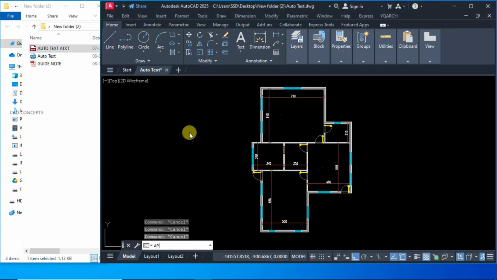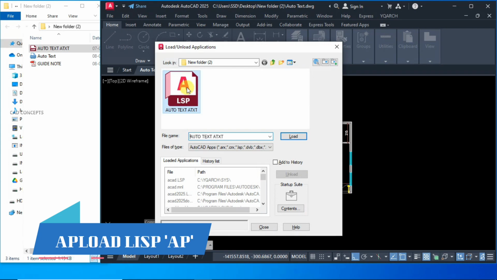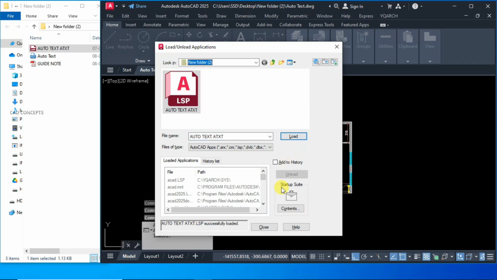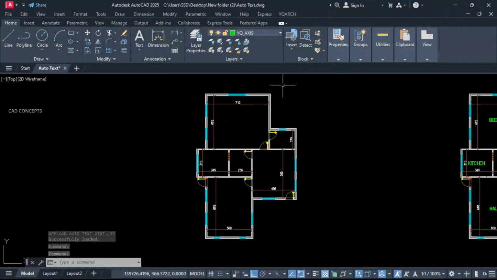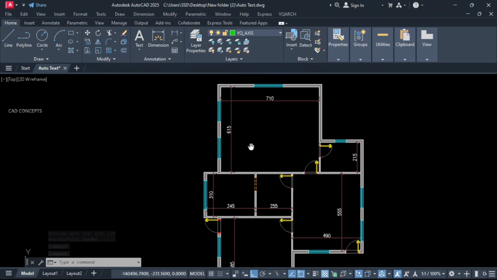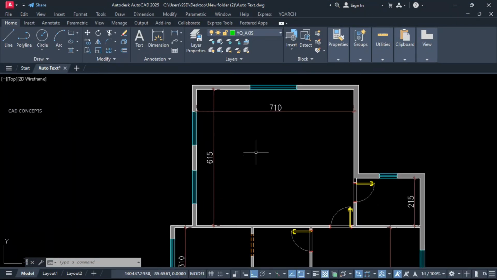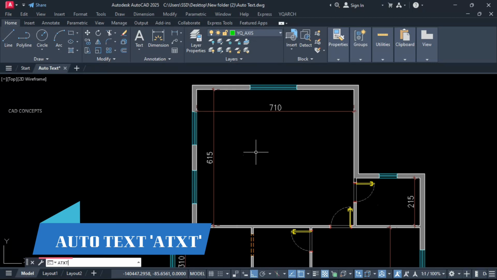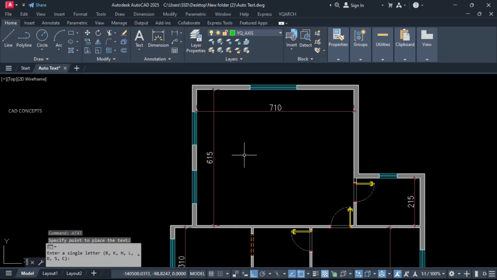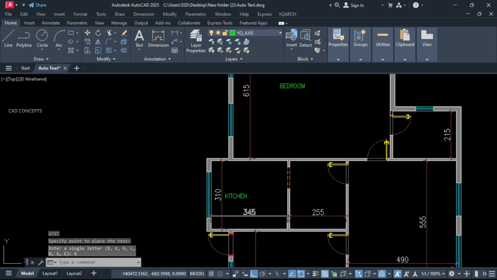Okay, first things first, upload this one. Type AP, select this script, upload and close. Okay, we will place our auto text here. Type ATXT, click here and type B only for bedroom and type K only for kitchen